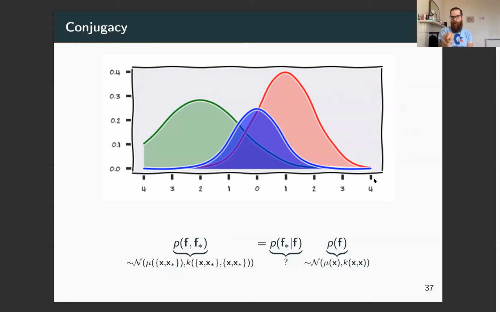Well, now I know that P of f, that's just writing down another subset. I can also write that Gaussian down. And because I know now that the product of these two things generates a Gaussian, the thing in the middle, the conditional distribution, has to be Gaussian. This is really cool. So I can actually derive that one in closed form. The only thing you need to do is identify the parameters of a Gaussian by completing the square.